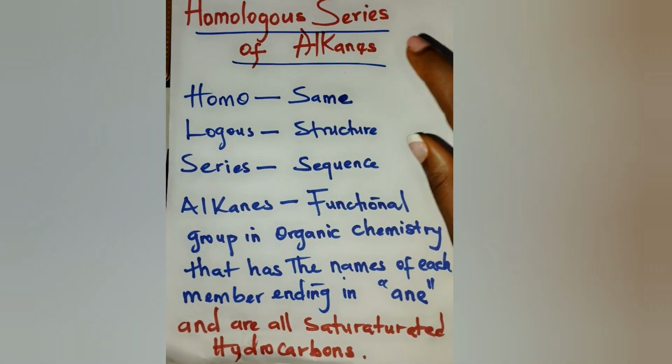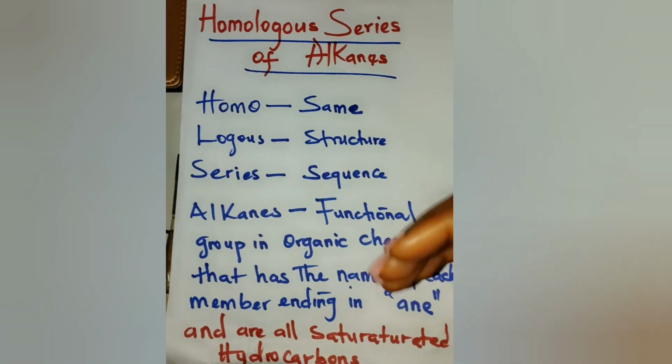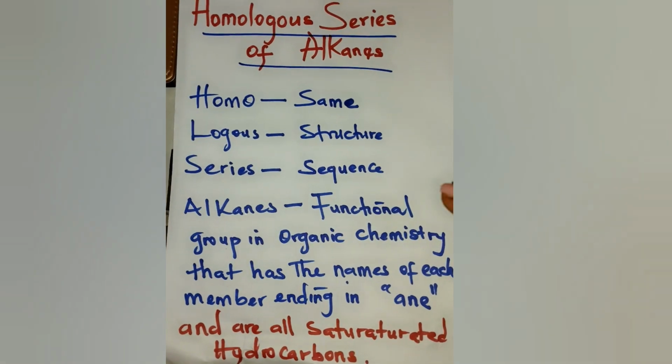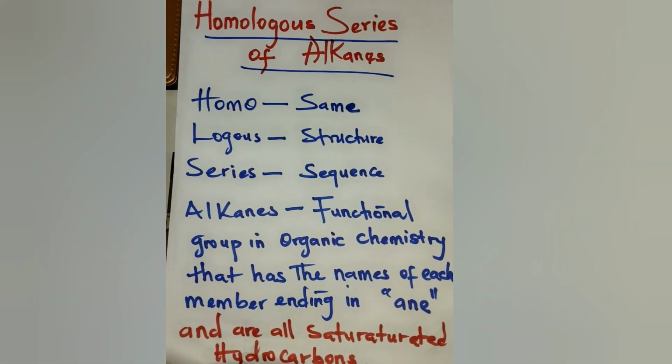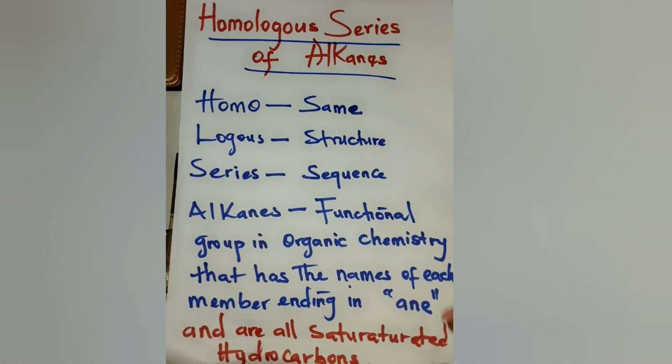So when you hear the word homologous series of any functional group, it's trying to define a group of compounds that are in succession after one another. So homologous series of alkanes are compounds that differ by a repeating unit known as a methylene, that is CH2. For example,